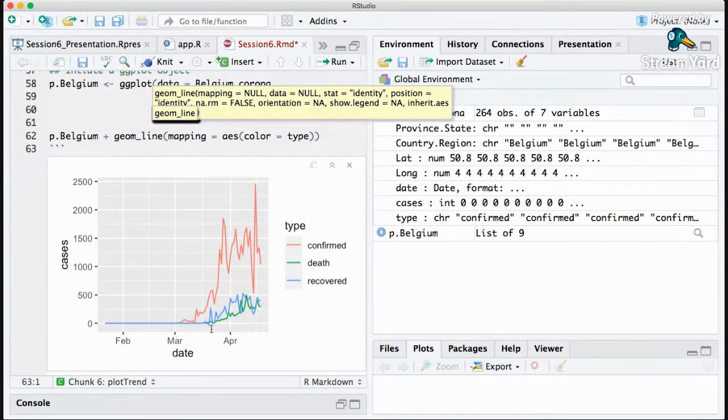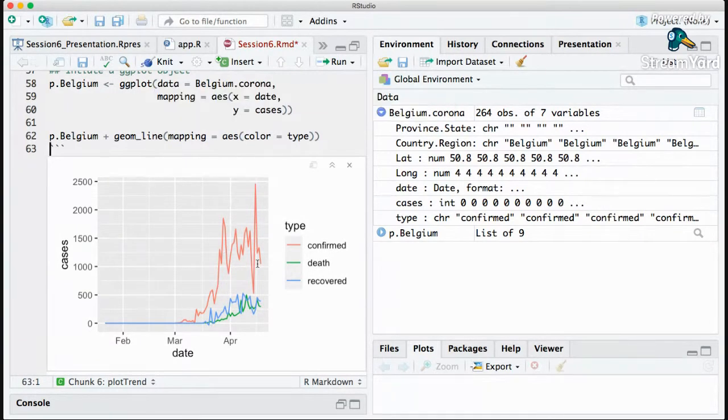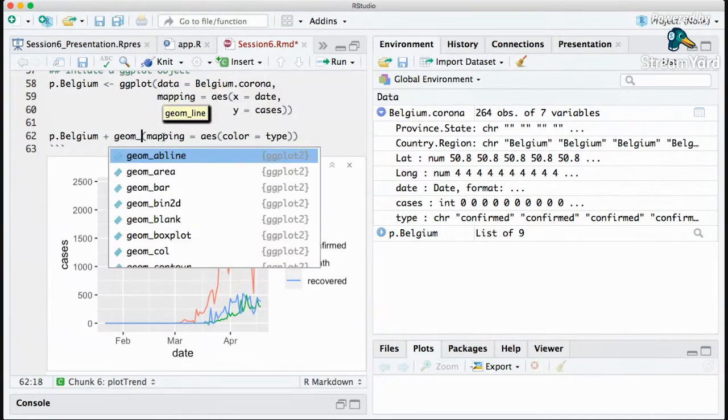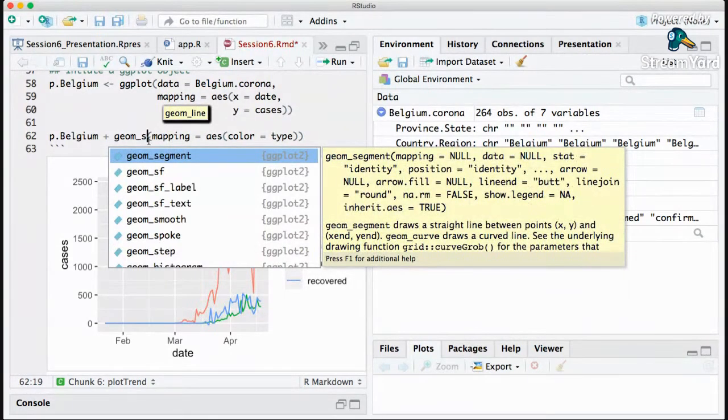But you see that there is a lot of ups and downs, which is expected, right? Because there will be day-to-day variability, and from one day to another, there will be a lot of shifts, right? So to smoothen it out, there is a nice geometry, and you can also check this out in